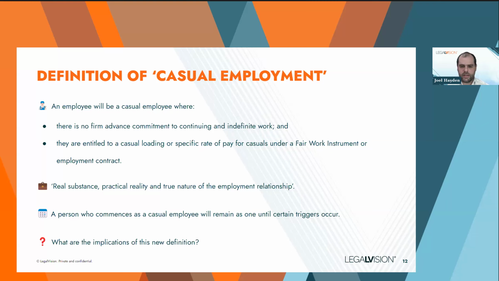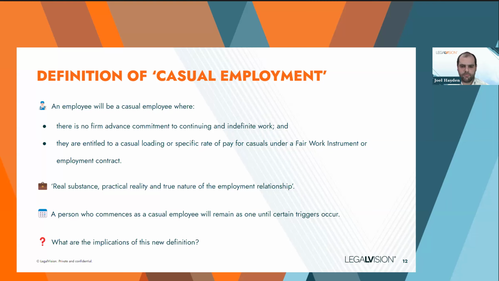Whether or not the employee can reject or accept work offered to them, the availability of future continuing work, whether permanent employees perform the same kind of work, and whether there is a regular pattern to the work being performed by the employee. And as with the changes to the definition of employment under the Fair Work Act, these additions are really meant to reflect an approach of assessing the true nature of the relationship rather than just the contractual terms agreed to by the employer and employee.